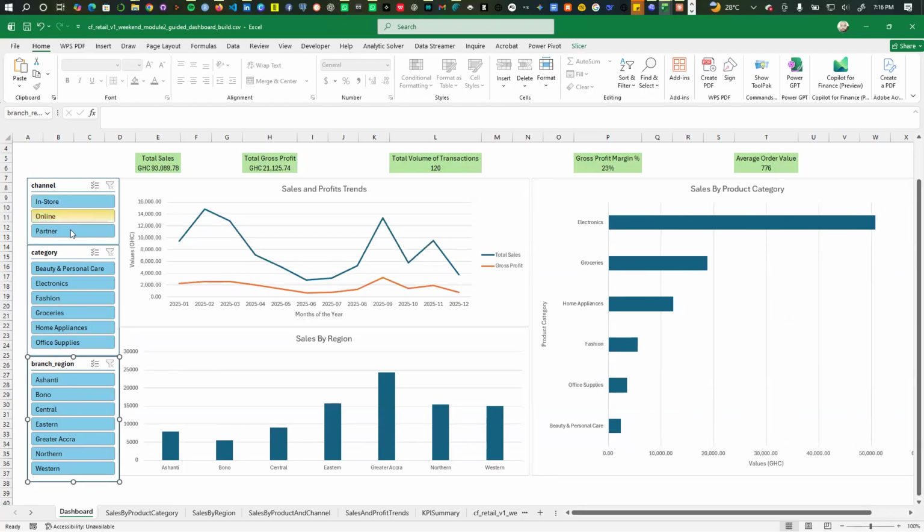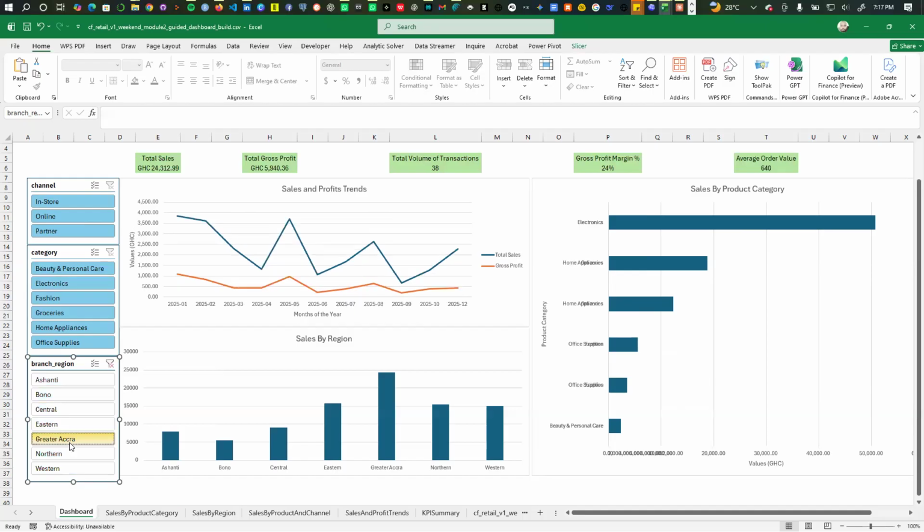If you want to see how the products, how we are doing by, let's say, Greater Accra. So only Greater Accra, how the sales trend looks like across the various product categories. Of course, the region will be only one because we are highlighting Greater Accra. So you will see that